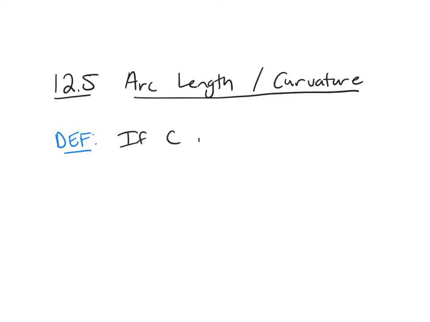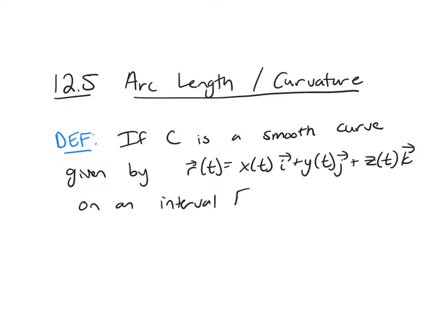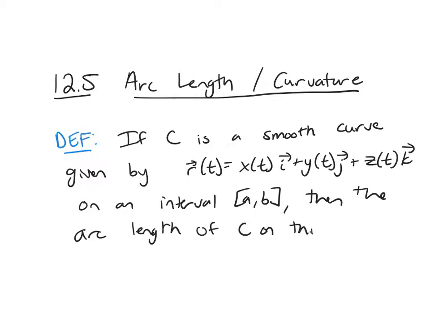So if C is a smooth curve given by R of t, which will be x of t i plus y of t j plus z of t k on an interval a to b, then the arc length of C on the interval is